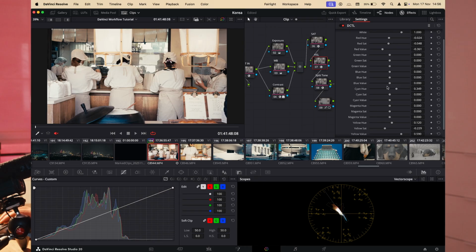And then what I'll do next is I'll go to the blues, and I'll see if I start adjusting this blue hue, you can see as I pull it to the left, it gets more saturated, and it's mostly in this pot and then up here as well. That's where the blue is coming from. Let me just pull the cyan saturation down. So I'll just desaturate the cyan. And let me just go back to the blue saturation. There we go. Now you can see we're pulling down the saturation,